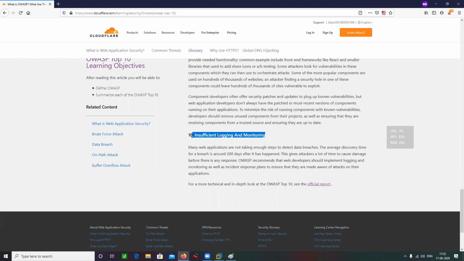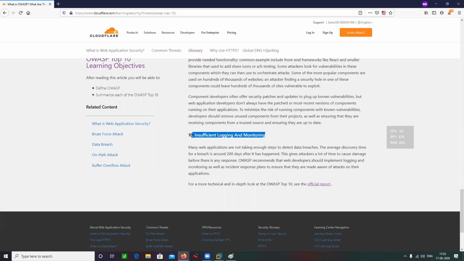Actually, here we are not talking about the attacker monitoring the victim machine. What we are seeing here is, let's say you have got your web application and some online presence. It can be anything: your server, your IoT device, or your website. But you are not creating sufficient logs.